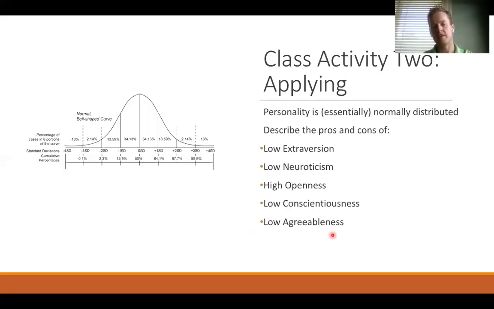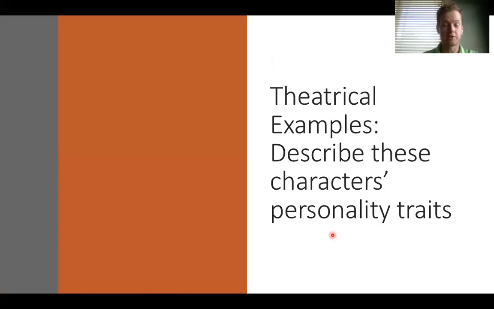Just skipping around, low agreeableness. Right off the bat, someone might think that this person doesn't get along with anybody, and that would definitely be a con. They aren't able to form any long-lasting relationships. But they could also stand up for what they believe in and question things that they don't feel are correct. And that's important. If we all agree on everything, then that can lead to some really destructive consequences. Someone being willing to stand up for their own perspective of the world can really update the way the group thinks.